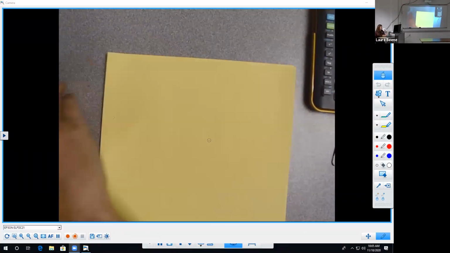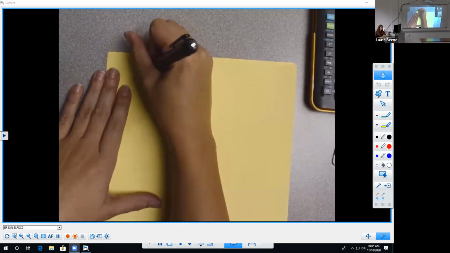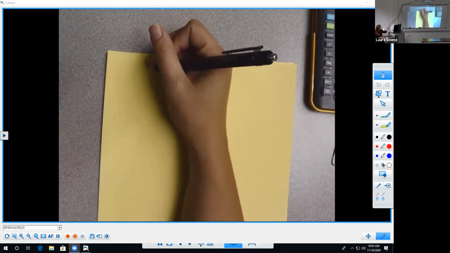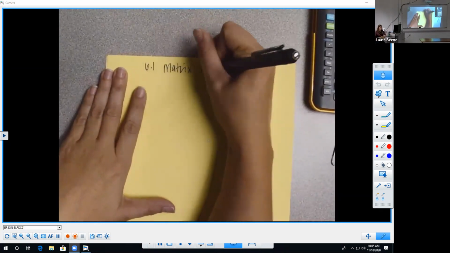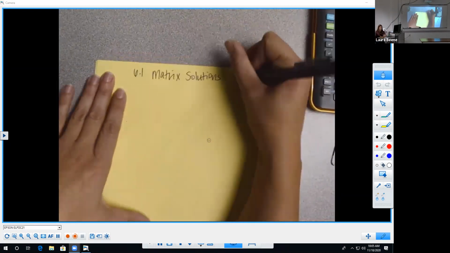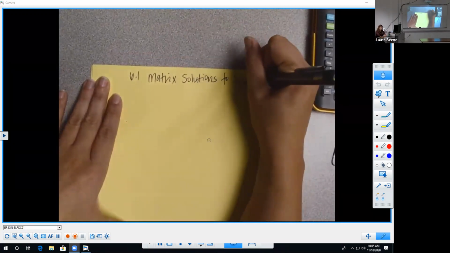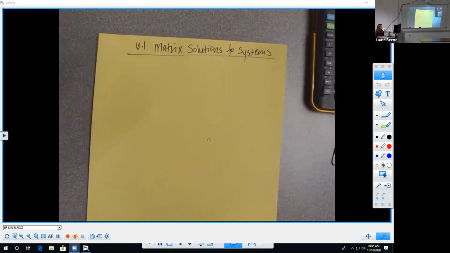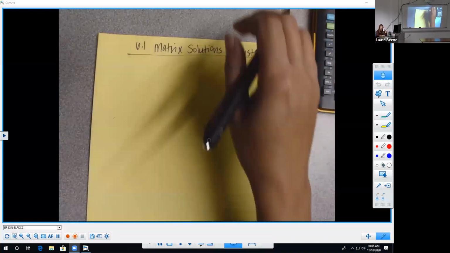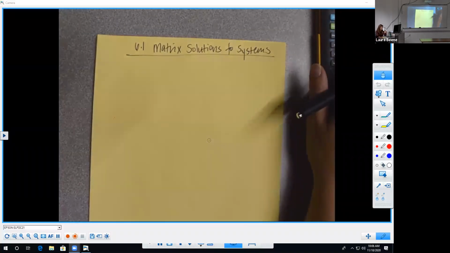Okay, so this is section 6.1, which is matrix solutions to systems. Okay, the first thing we are going to talk about is how to rewrite a system of equations as an